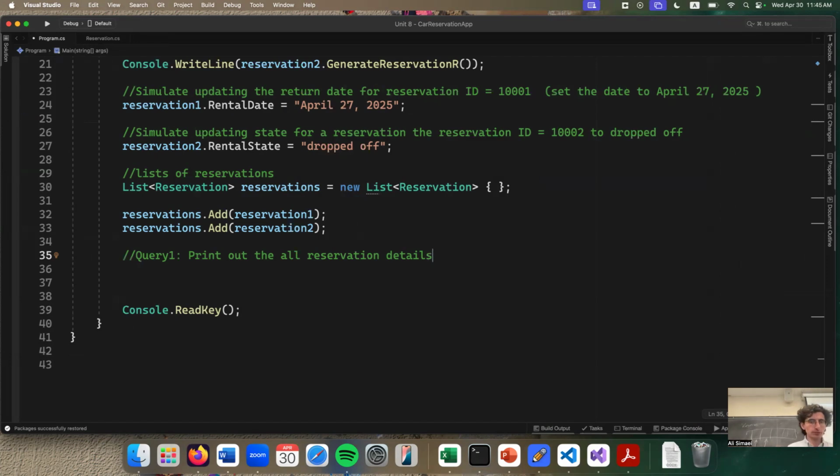I can check reservations dot count to get the size of the list. But how do you go through a list? You have to use a loop, right? We did use loops to go through a list. So that means if I want to print out the information stored about each reservation, I have to iterate through the list using a loop and then print out the information. So for each,